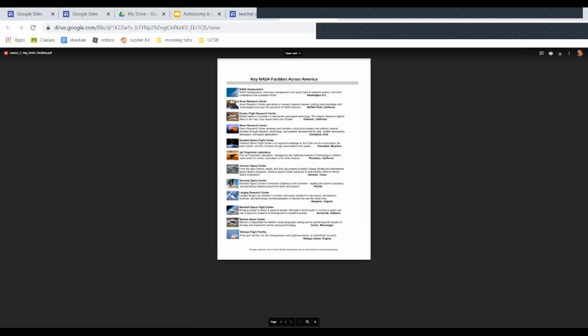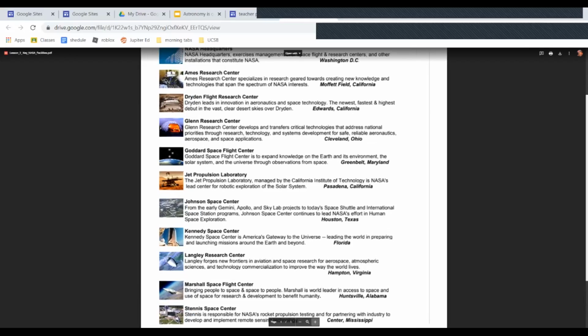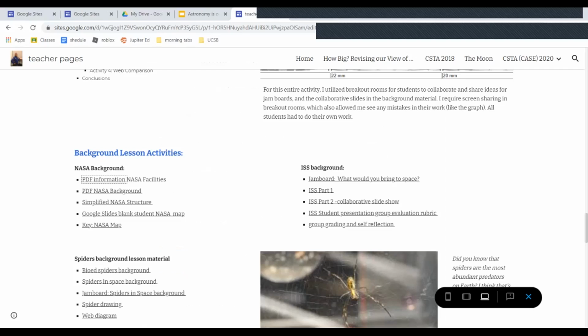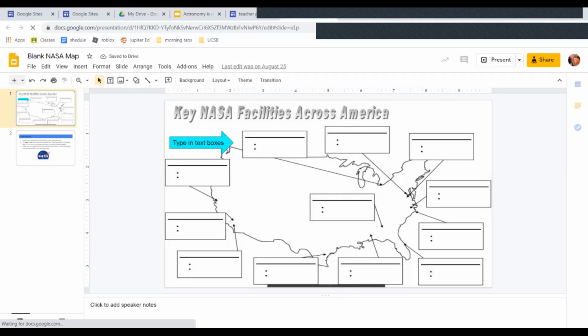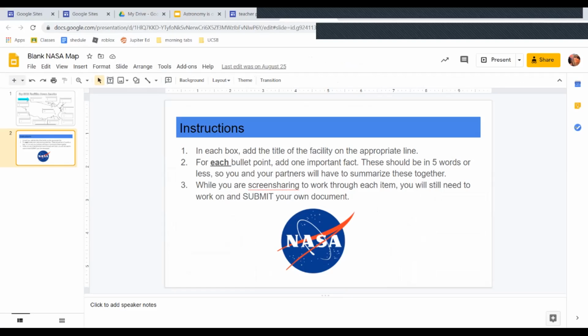And one of the tasks that Orion's Quest asks students to do is be able to identify where these places are in the US. So I took this map and I made it a Google slide. And I added in text boxes, don't worry, for students to put these in and be able to identify them. And I made the instructions on the second page, because if you use Google Classroom, you know that the